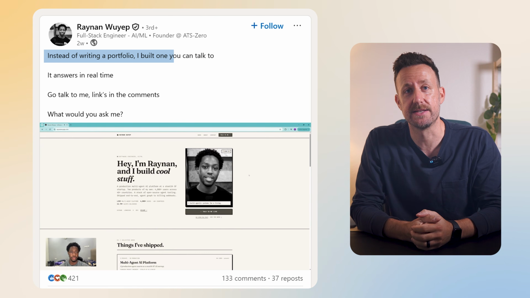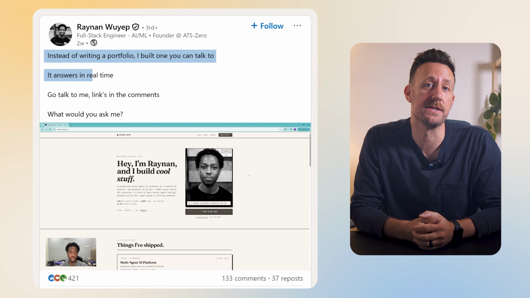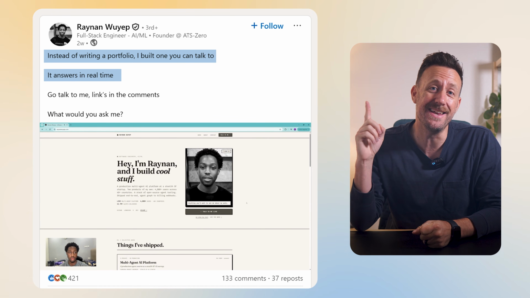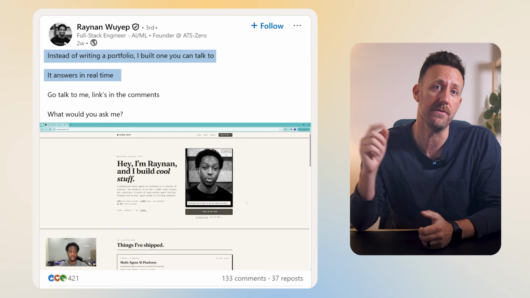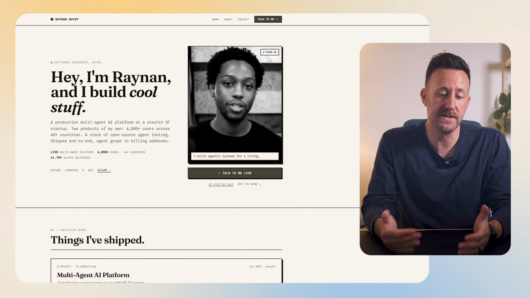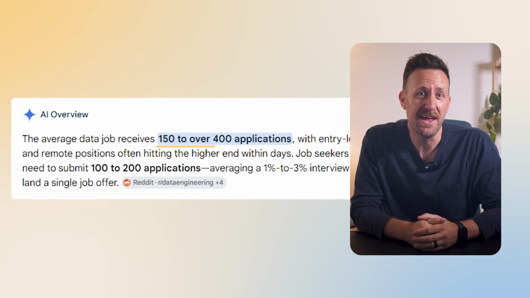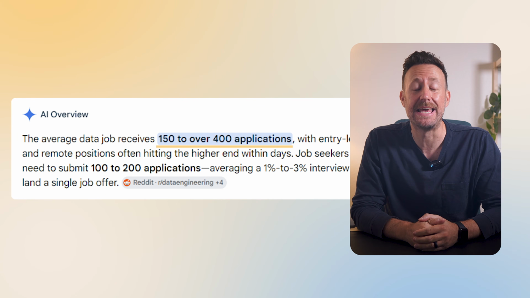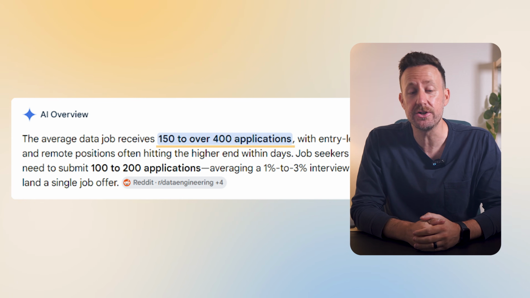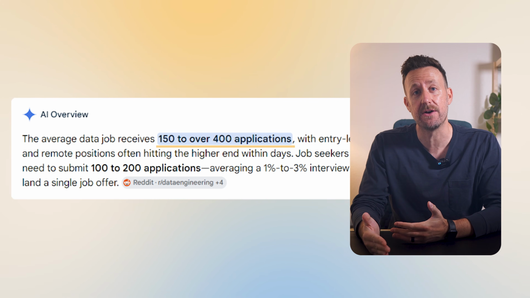All right, guys, you gotta check this out. Instead of writing a portfolio like it's 2022, this guy created an AI clone for his portfolio. "This is an AI version of me." When you visit his page, you're literally talking to his AI clone. Isn't that insane? And with the average data job receiving at least 150 applications, sometimes as much as 1,000 plus,